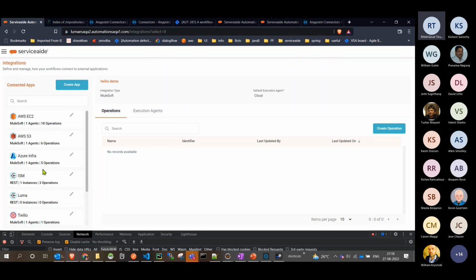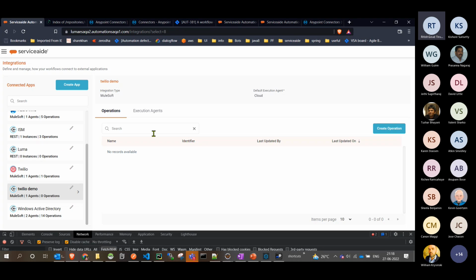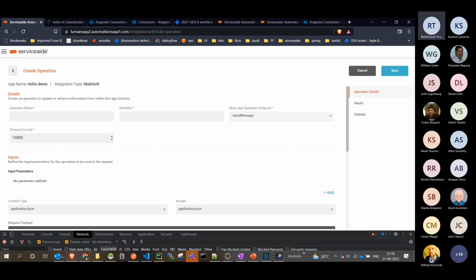Once this operation is deployed, one HTTP endpoint is exposed on the Mule run. The next step is that you need to expose one operation to use in the designer workflow. This is similar to any REST endpoint details you have. Now you want to expose it as an operation. So I'll just